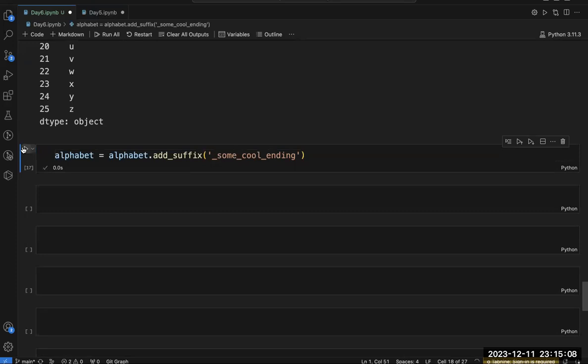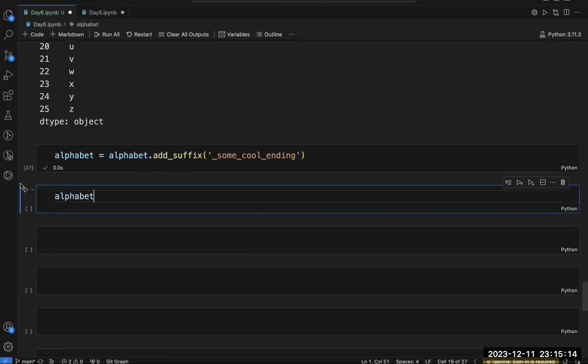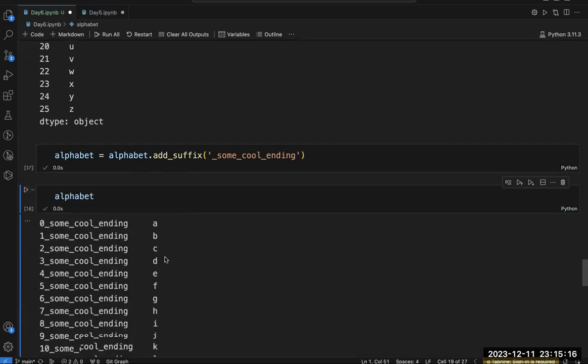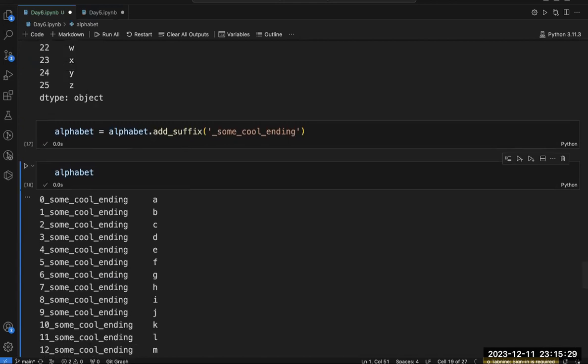I'm running this, and now let's access alphabet. Now can you see there is a permanent change in alphabet? Again, if you access alphabet, you will get the same thing, because now it is permanently changed. So this is one thing that you should know.